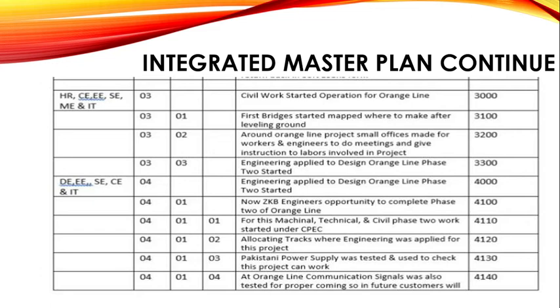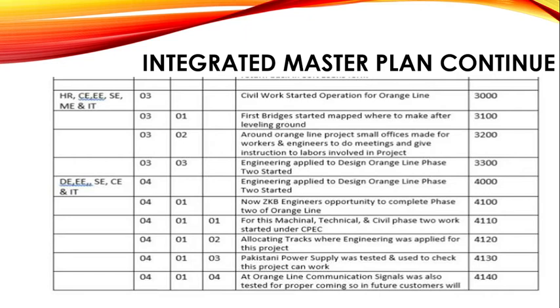Then we move to the next, where the civil work was done, and the first bridge was mapped, and around the line the project was made, and the engineer will meet and give instructions to the labor on how it will be made. Then we have the fourth one, in which the engineer applies the design of the original line, and with the ZKB engineer an opportunity to complete phase two started,